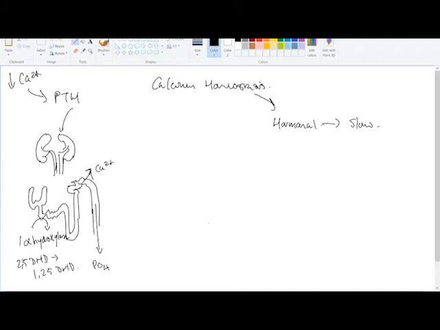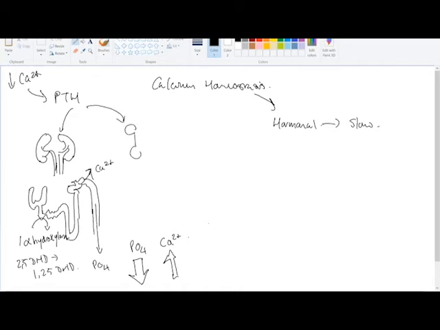The overall effect of this is that in response to parathyroid hormone, via the kidneys, we are going to get a decrease in phosphate, and we are going to get an increase in calcium. Okay, right, now,